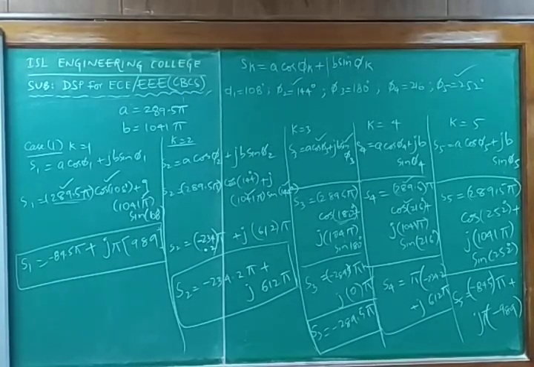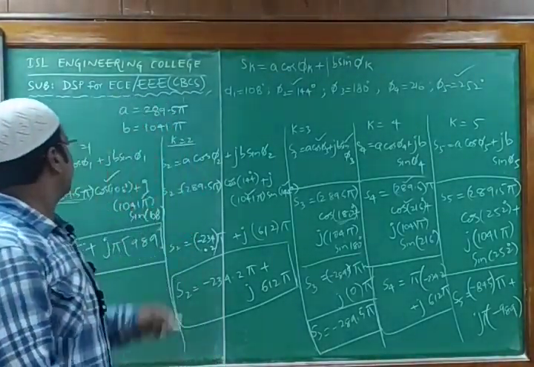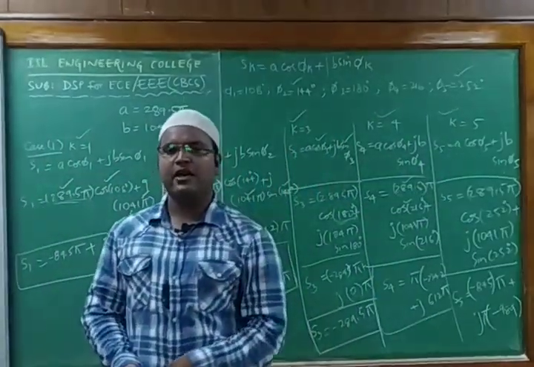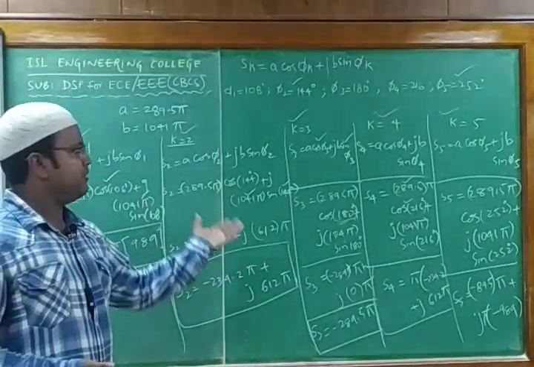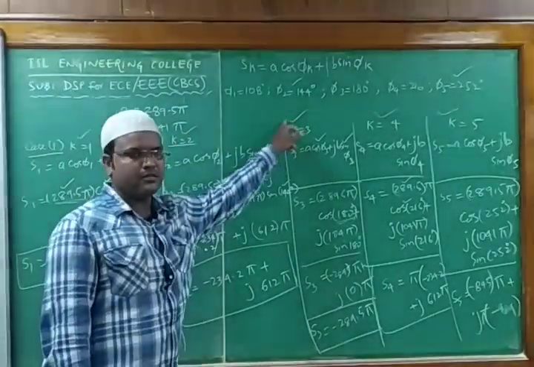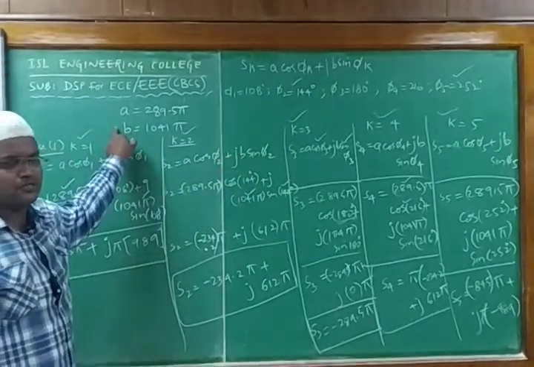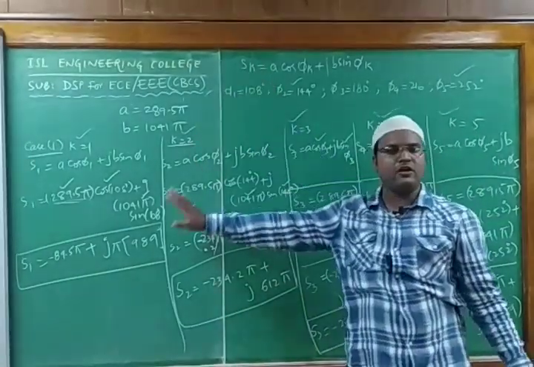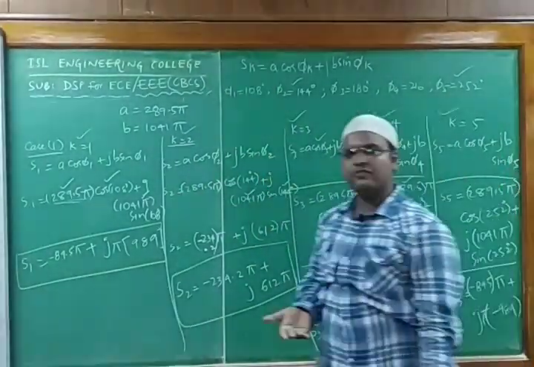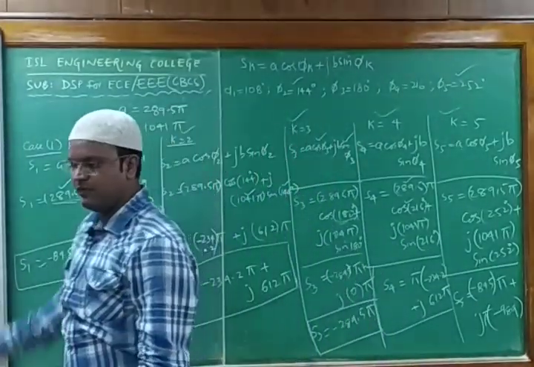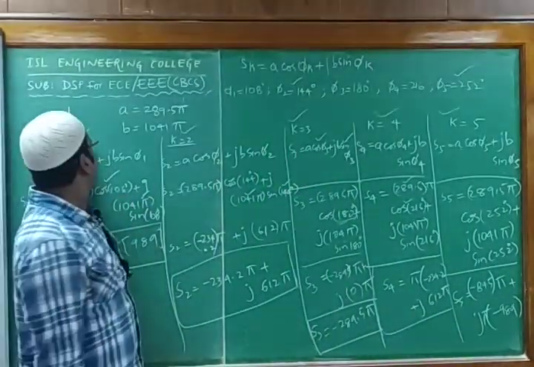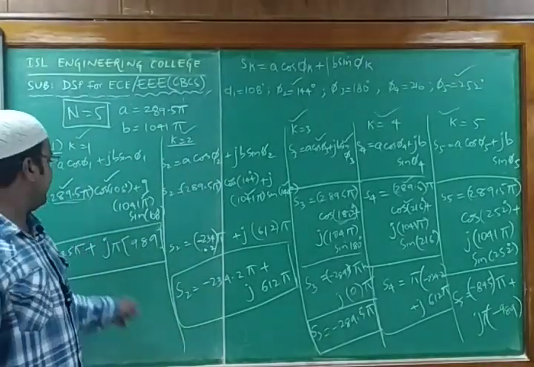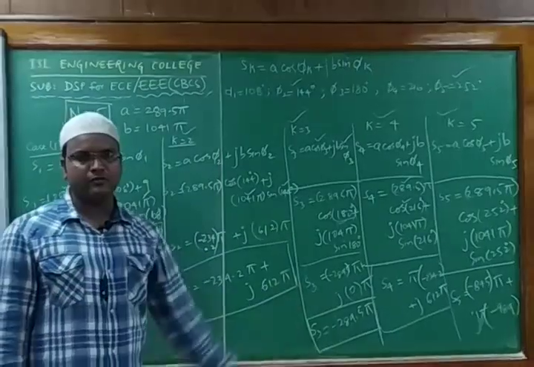To find the poles, we used the value of k equal to 1 in the first case, then second, third, fourth and fifth. We put all these cases in our formula, since we found phi and we also have A and B. So we find the coefficients, and this is our main formula. By using this formula, you need to find all the 5 poles. Why are we finding only 5? Because what is the order n we have? We found n is 5. That means the k value should vary from 1 to 5. Because of that, we found all the values by using this formula.